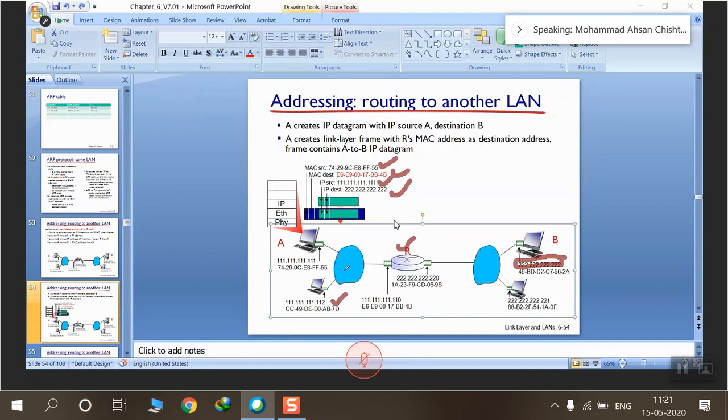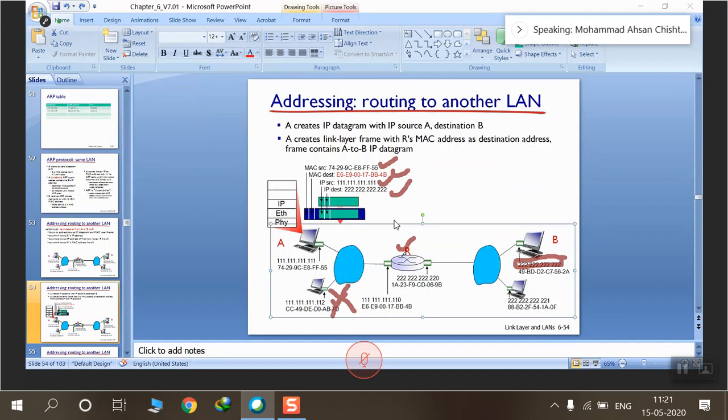When the packet checks here the destination MAC address, it sees that it's E69. So what does it do? It discards it, says no, this is not my packet. When our router checks the MAC address, it sees yes, it is E69, E9, this is intended for me, and moves